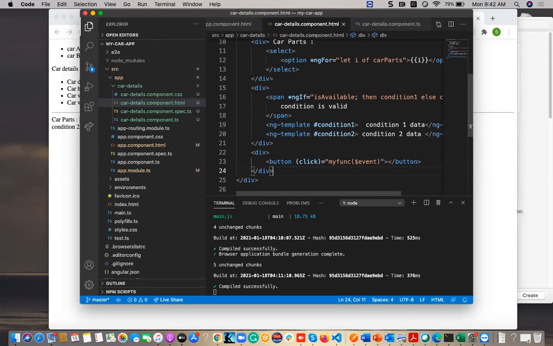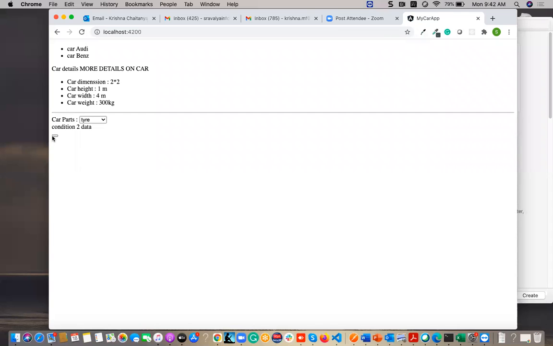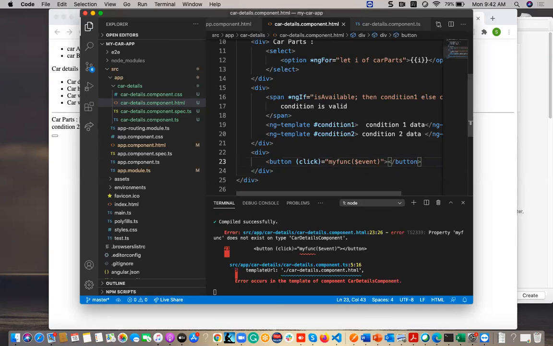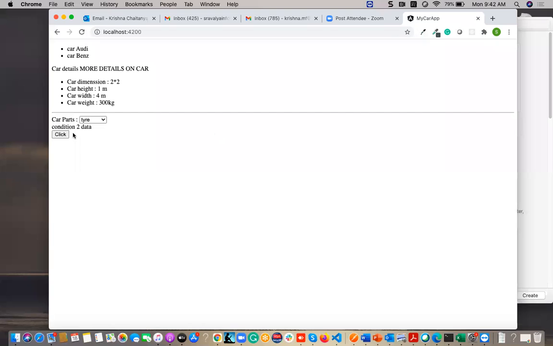So this is the button. I have to give some data here, like click.